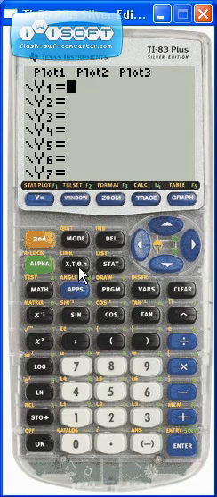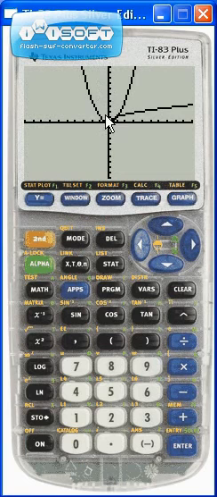So I'm going to go ahead and pick a couple of functions here. Let's say we want to do x squared, where x is less than 1. And then we're going to want to do, let's say, the square root of x, where x is bigger than or equal to 1. Alright, so graphing those two right there, I can go ahead and hit graph, and I see the two pieces,